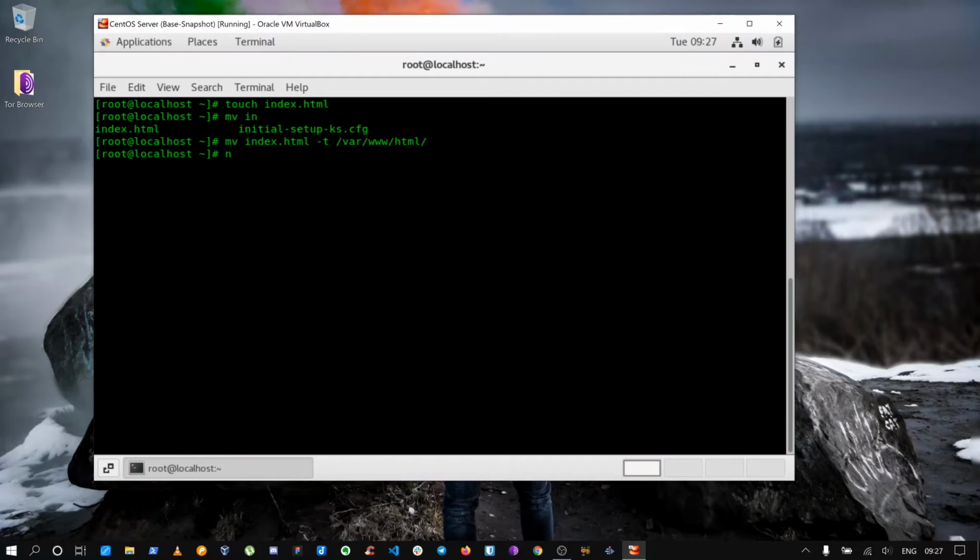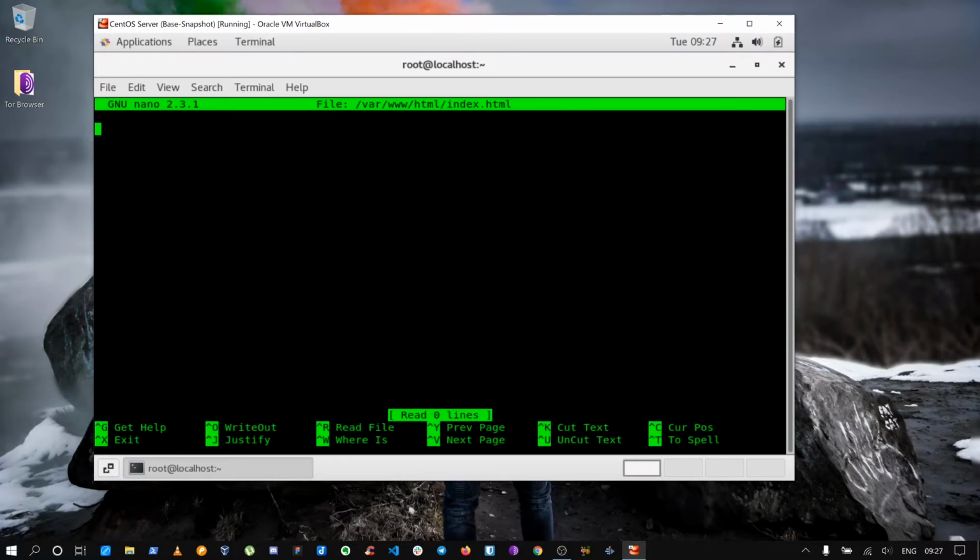So now let us configure it. Let us write some basic HTML so that we can check if that's getting represented. No, let me not make it a big one. First site.